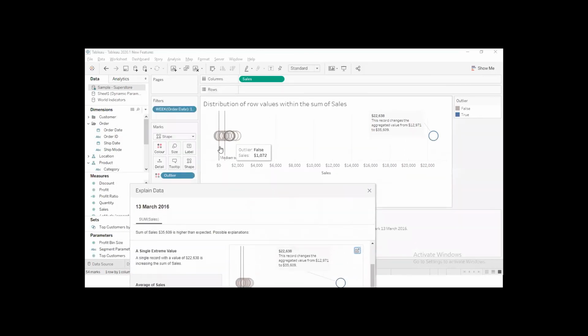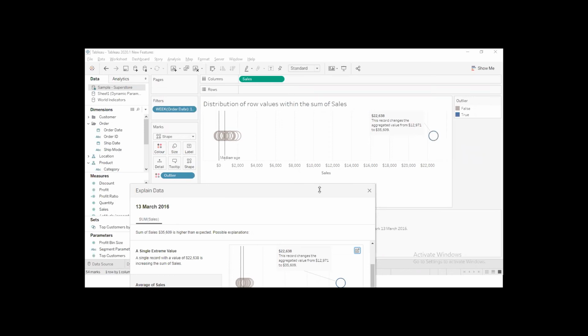which is telling us that on an average, this is the sales that is happening every week. This is the median of the sales value, and these are all the values which are happening. However, one transaction happened with extremely high sales, which increased your overall average sales significantly. And that is an outlier. That data point is an outlier, an extreme value.